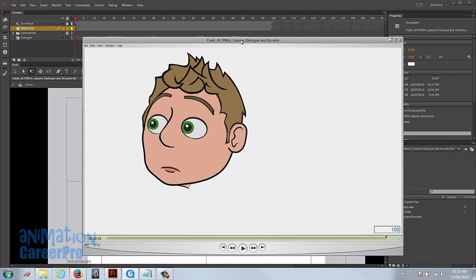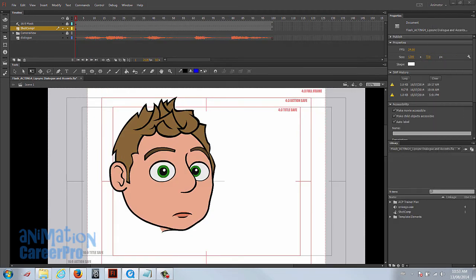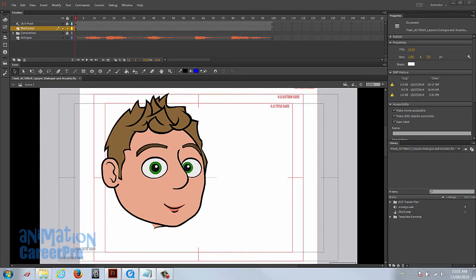We're going to focus mainly on lip sync and the timing of accents for dialogue, for speech. I know in my example here there's some facial animation and there's a head turn. You can include that. I encourage you to include that from what we learned in the last class. Definitely put in a head turn, change the eye direction, and do some facial animation to help express what he's saying. But in this video I'm not going to do that. I'm going to focus on the lessons being taught in this class, which is basically lip sync and timing for dialogue. You can use the audio I've included in the dialogue layer,